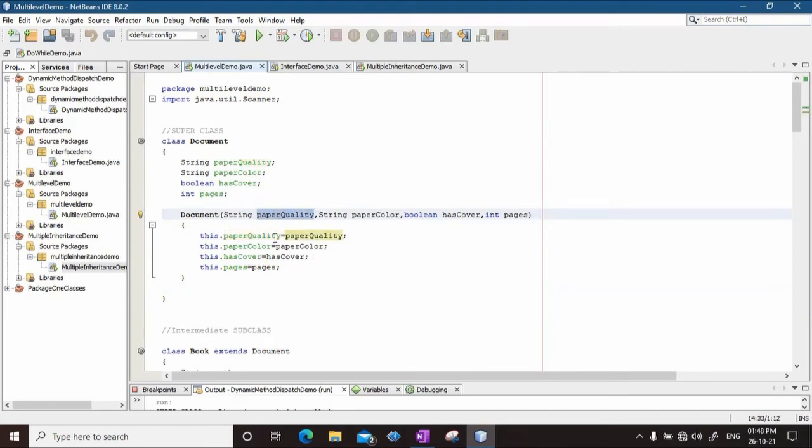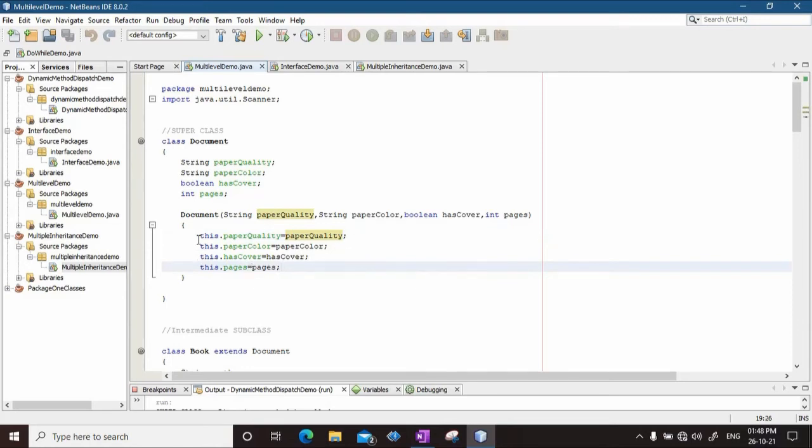Whereas on the left hand side, I am assigning this formal parameter to this dot paper quality. Whichever object is calling this particular method right now, that object's attribute called paper quality gets the value called paper quality.